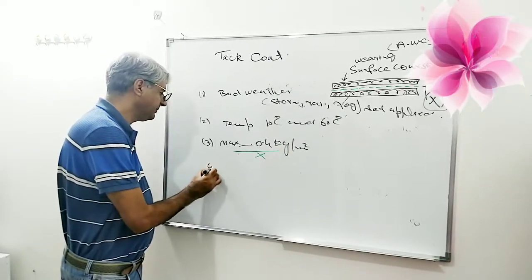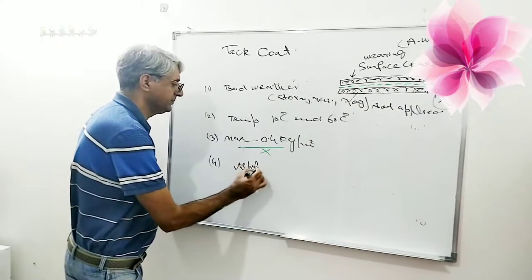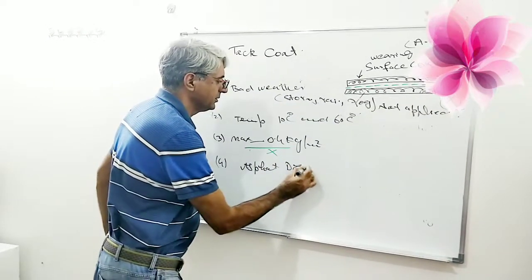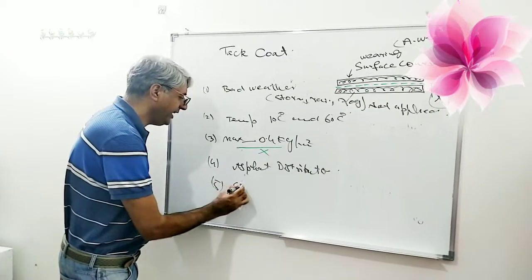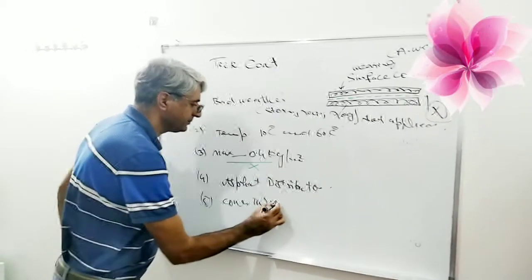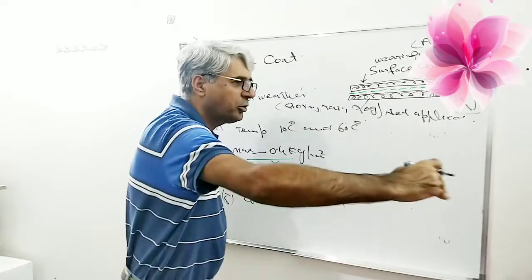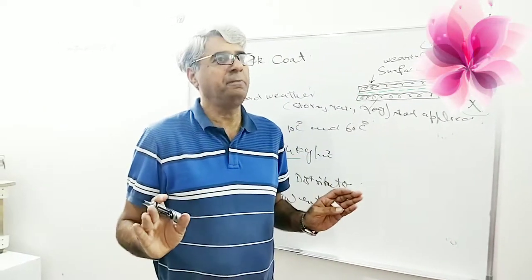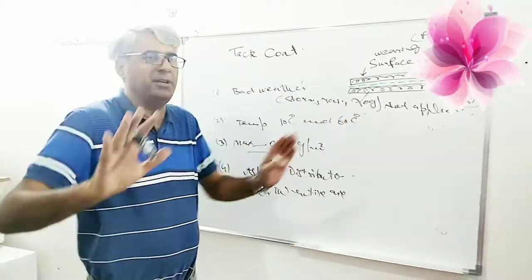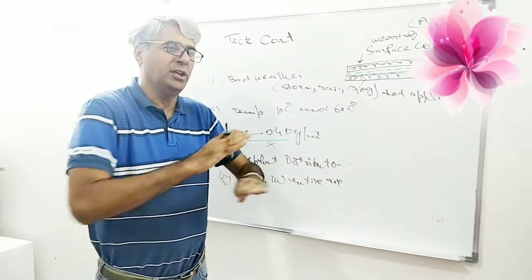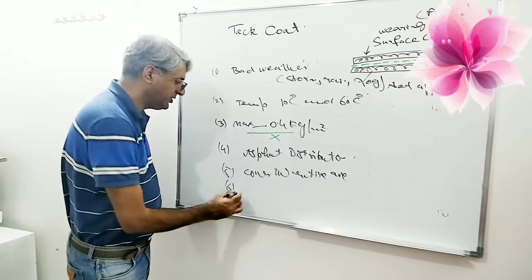Third one, after this, it is always applied by this small distributor. Cover the entire area. Entire area means all your road where you have your bituminous surface, base course. It should cover every parameter of this one. It should cover the full length of this base course. It should not mean that you are going to put it in patches. No, it should be fully applied. Cover the entire area. Application should be thin.